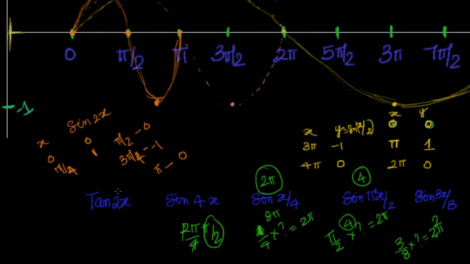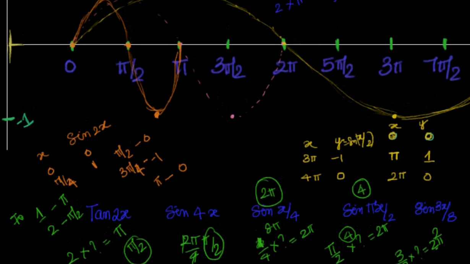Let us do tan 2x. So for tan 2x, here the coefficient is 2. 2, I have to multiply by what so that I can get the original period of tan x, that is nothing but equal to pi. 2 into what is pi? That means pi by 2. Or you can see it as inversely proportional: tan x, nothing but tan 1x, is equal to pi. For 2, inversely proportional, it will become pi by 2. So this is how you can do problems on periods.